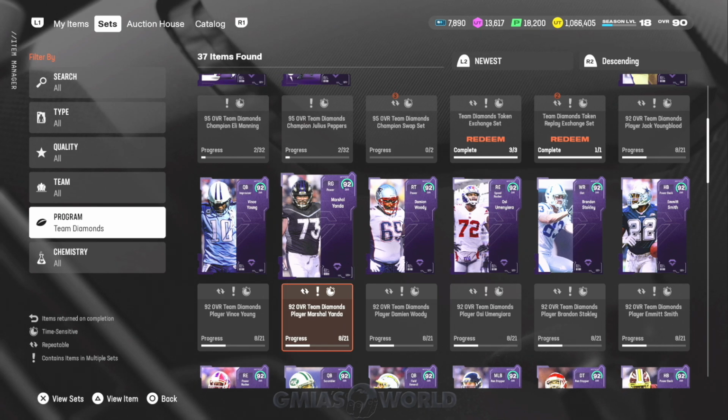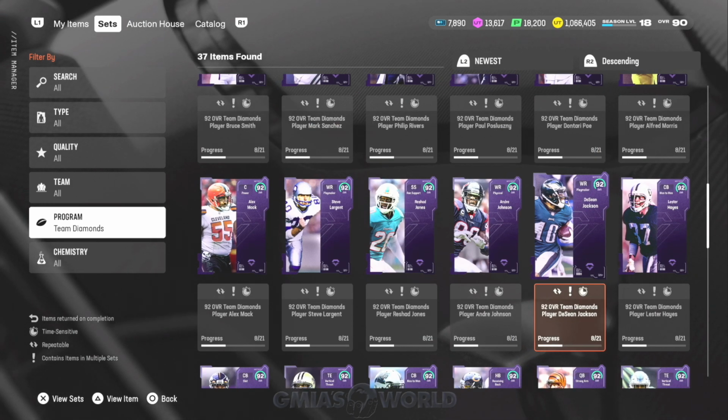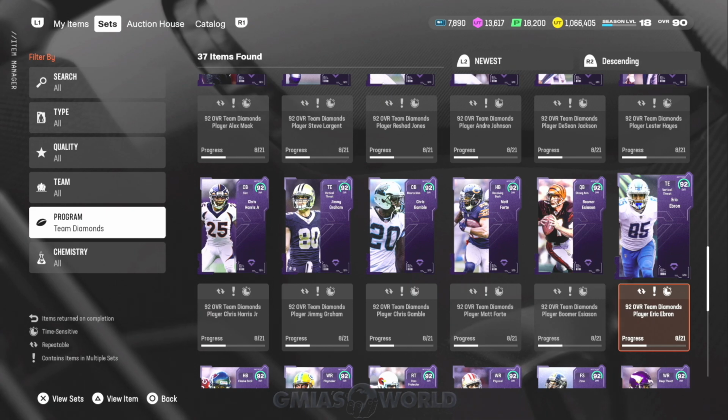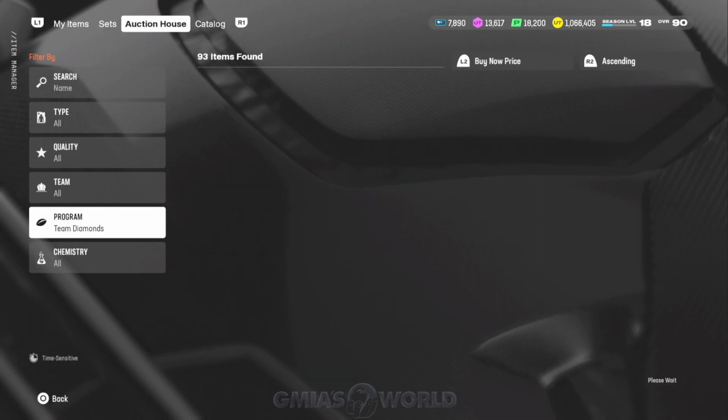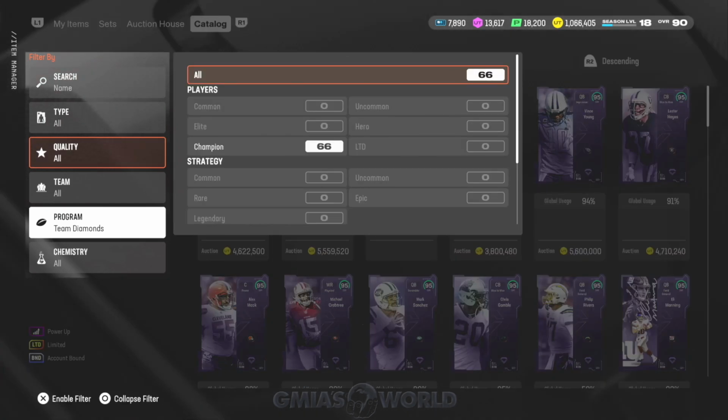When we can wait it out, we can do what we want in here. Like if there's anything that you guys see like, yo, I want to get a 92. Somebody was telling me about Lester Hayes or whatever. If you want to do any of that you can go ahead and do it. But just keep an eye on what the price ranges are, because the price ranges are really fluctuating